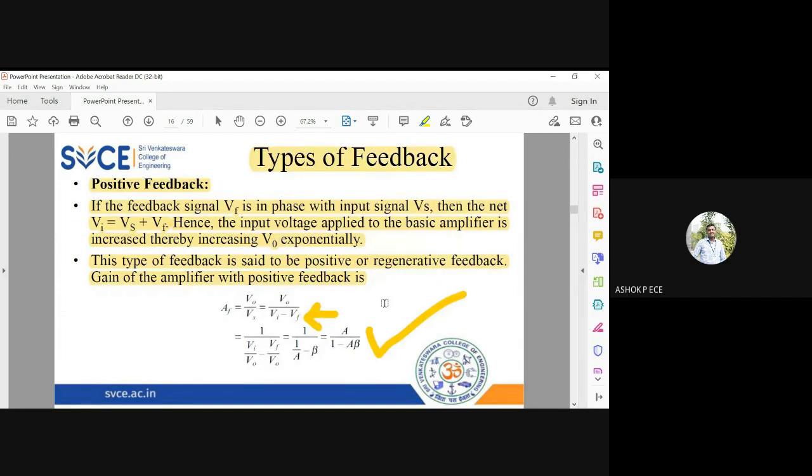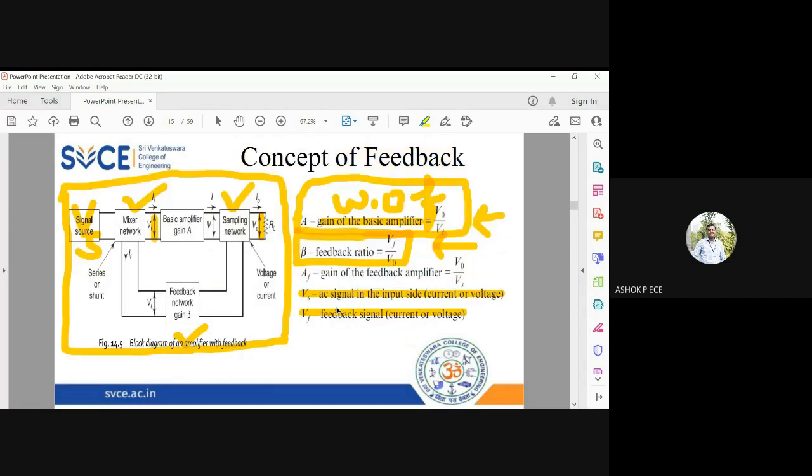Without feedback, the gain is simply A. With feedback, the gain of the amplifier is A by 1 minus A beta. Whenever you have a subtraction term in the denominator, it means that the value of AF is very high. Whenever you have subtraction, the denominator value is very, very small, and when the denominator value is very, very small, this AF value is going to be very, very large. So in positive feedback,